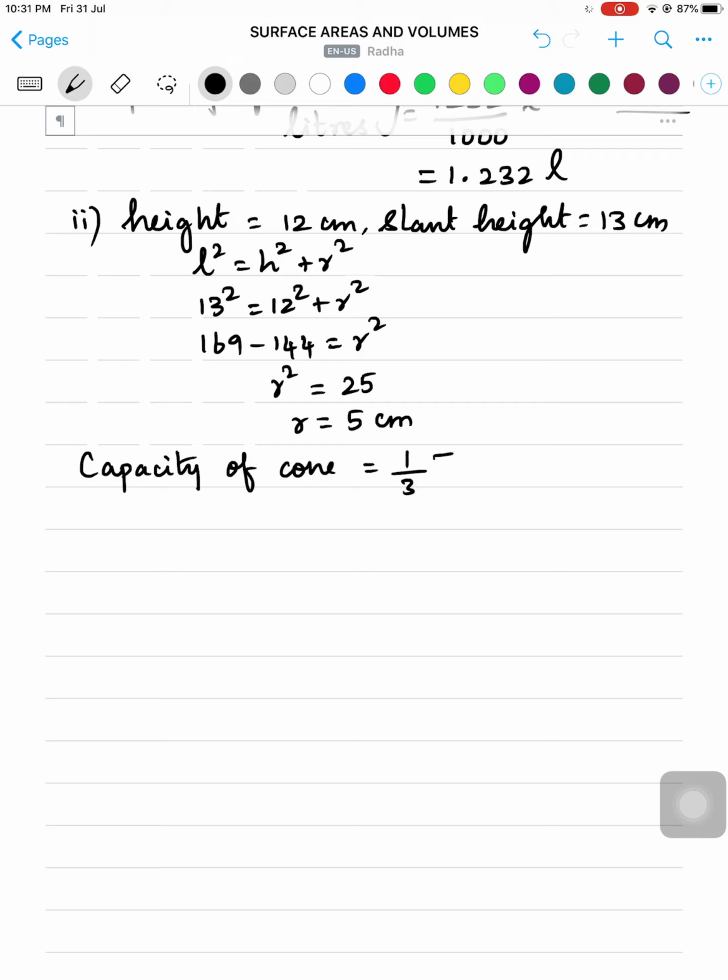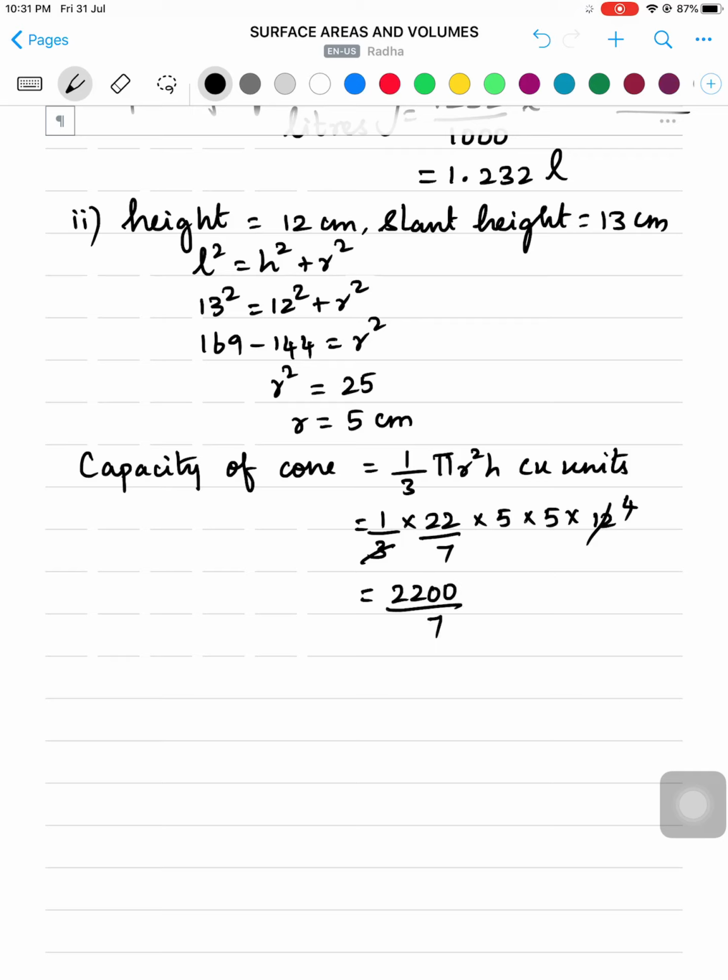What is the formula we have to use? 1 by 3 pi r squared h cubic units. So it is 1 by 3 into pi value is 22 by 7 into radius is 5 and height is 12. So 3 ones are 3, 4s are 4. Multiply the numerator: 5 5s are 25, into 4 is 100. 100 into 22 is 2200 by 7. When you divide, you get,